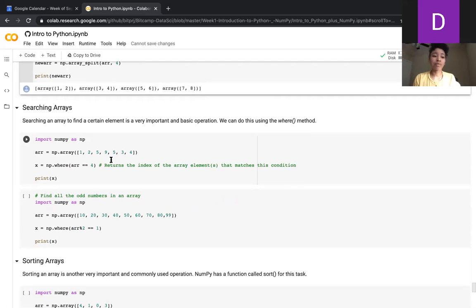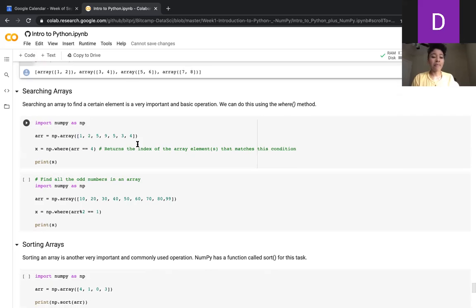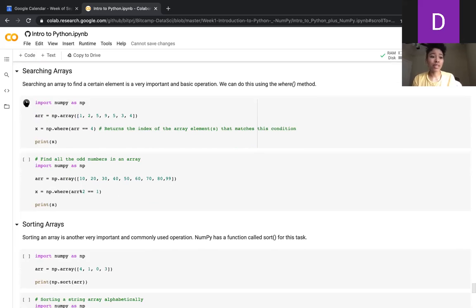All right, so you can also search an array to find a certain element, and this is a very important and basic operation. So we can do this using the where method. I honestly think this is really cool. So if we had an array